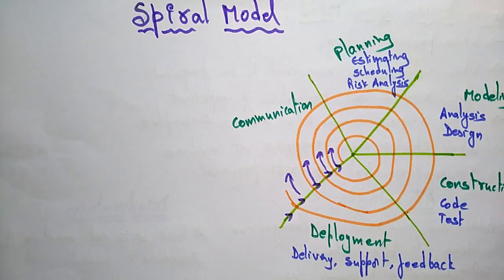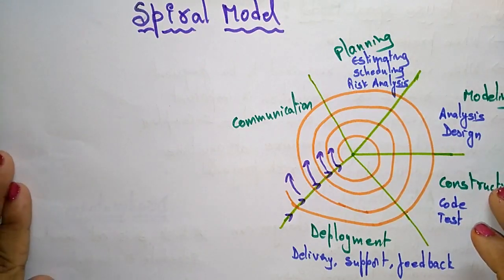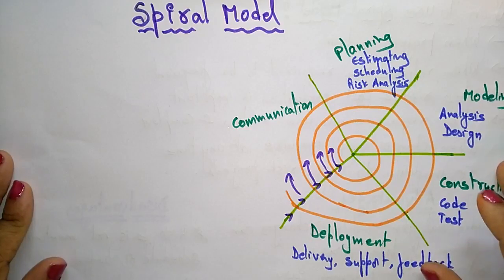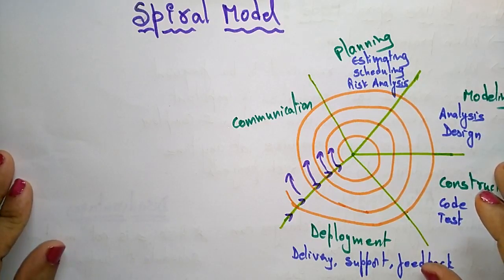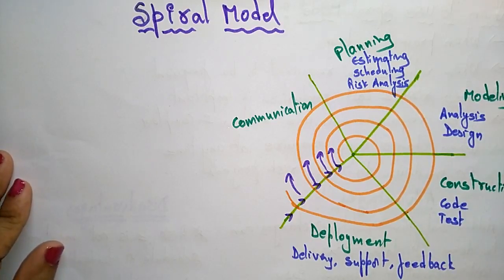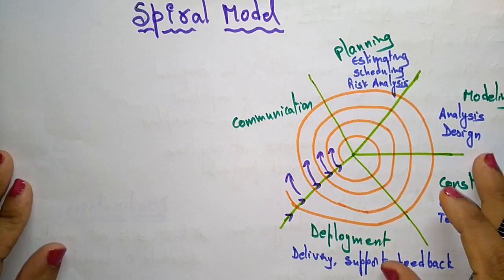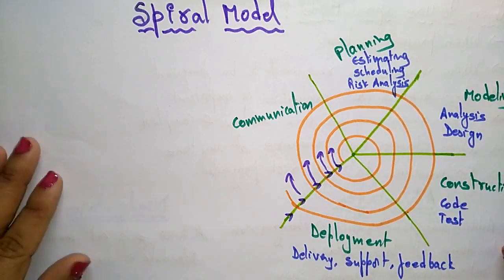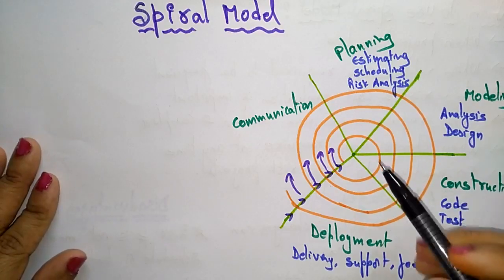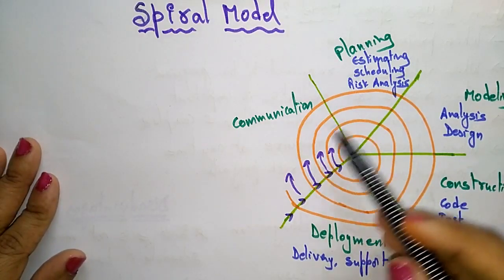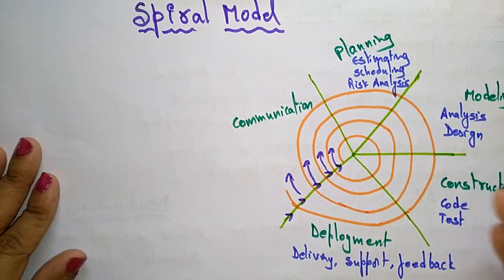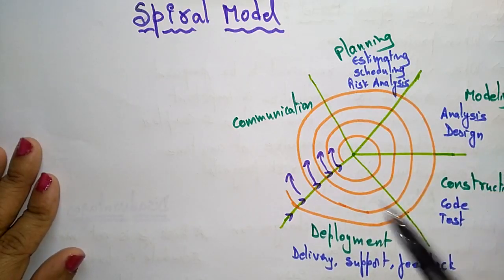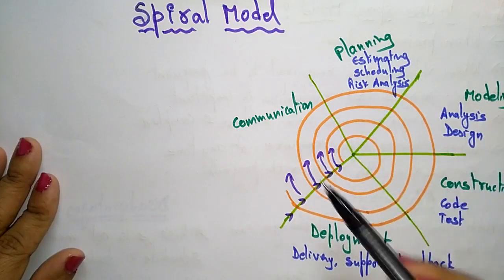Hi students, coming to the next topic, that is the spiral model. This is another software lifecycle model. So far we have discussed the waterfall model and the prototype model. Now let us see the spiral model. What exactly is the spiral model? Here the structure looks like a spiral, which means the operations that take place while you are developing any product or process will be in the form of a spiral.